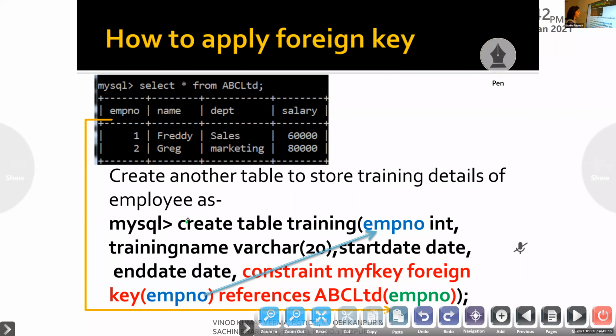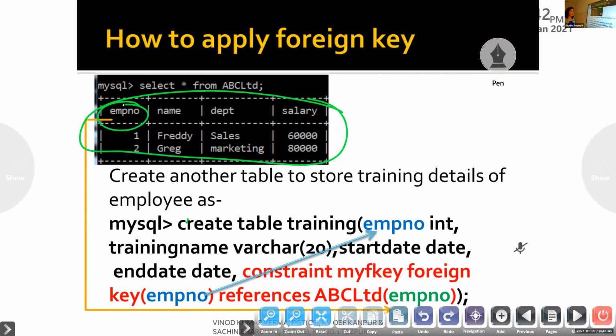Here, this EMPNO is from the other table. The primary key of table ABC Limited is the employee number. Is there any doubt in that? All right.